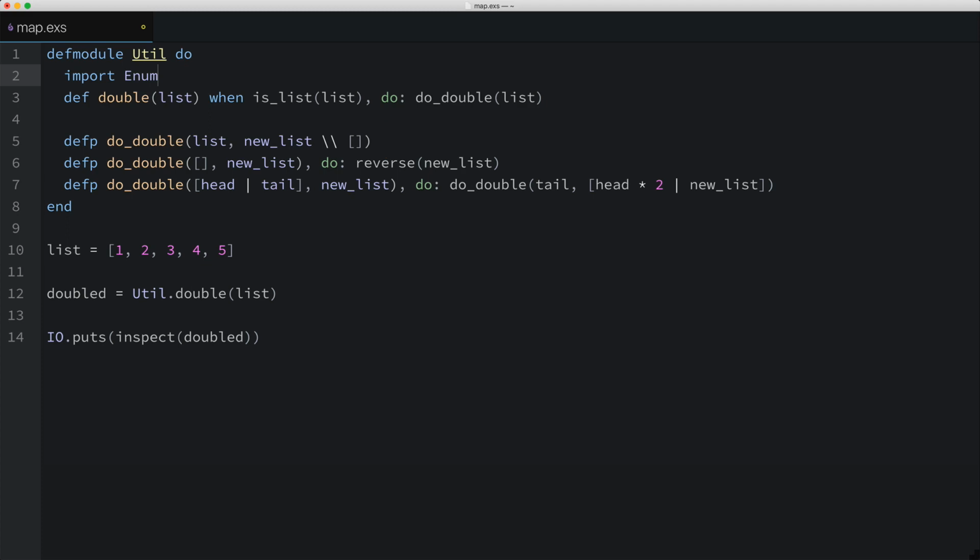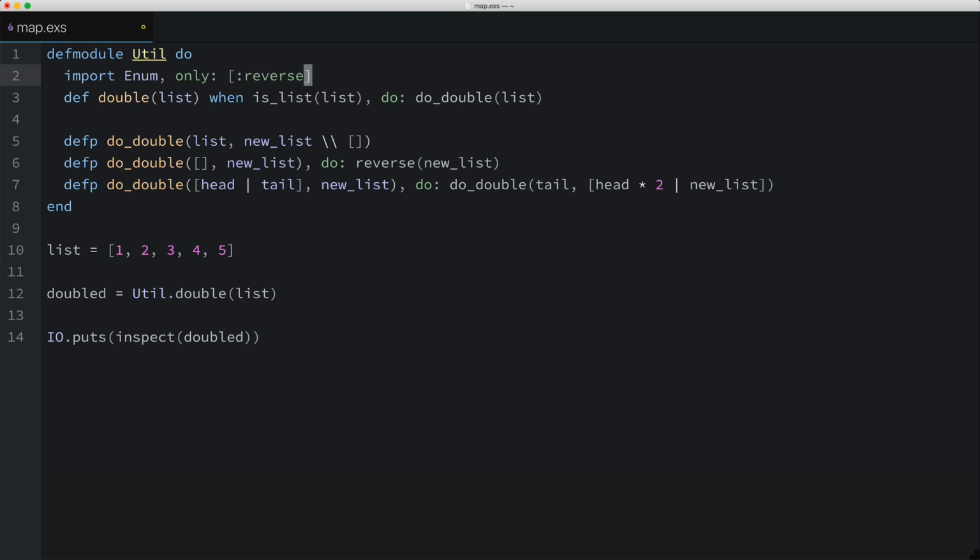But here's the thing. Often, it doesn't make sense to import every single function and macro because you're polluting the current namespace with lots of functions that you have no intention on using, and you could end up with name collisions, where your module has a function with the same name as the imported module, which can lead to ambiguity. So another option is to import only the functions you intend on using, which is done by adding a keyword list to the end of the import macro, which includes the only keyword that's set to a list of functions you want imported. The way you specify the function to import is by referencing the function name using an atom,